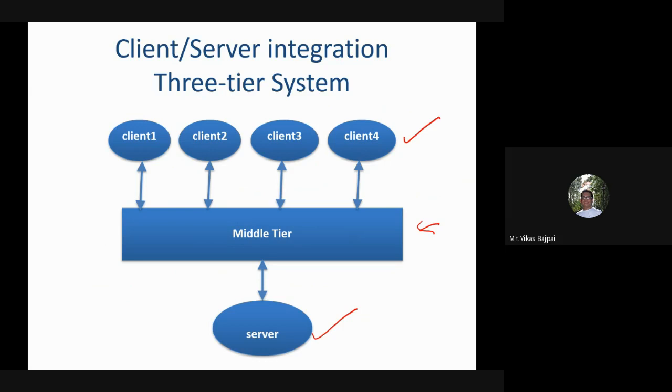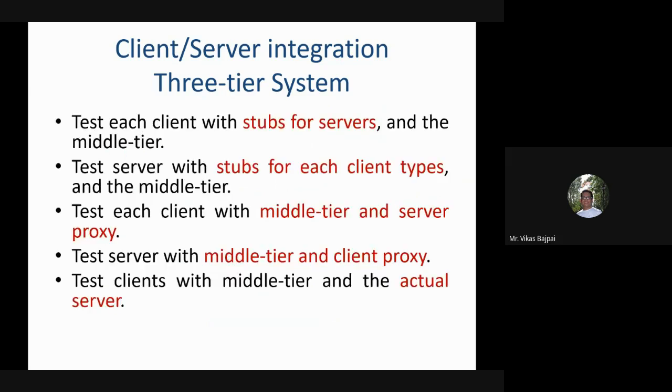In this case, I can test each client with stubs for the server and with the availability of the middle tier, and I can test the server with stubs for each client type and the middle tier.